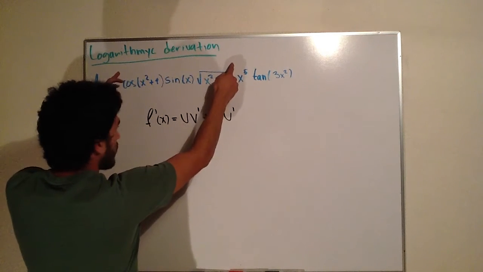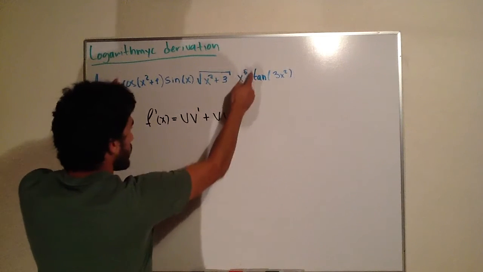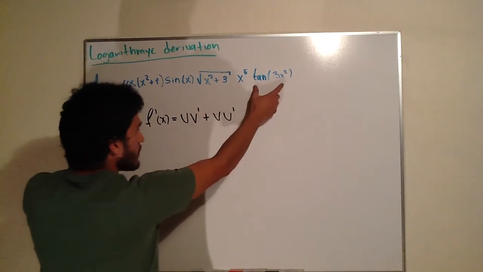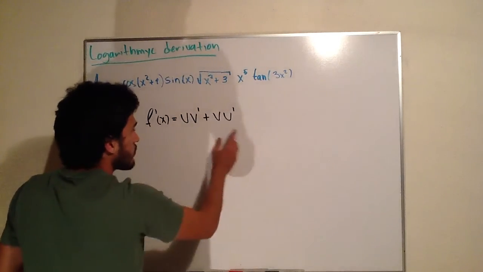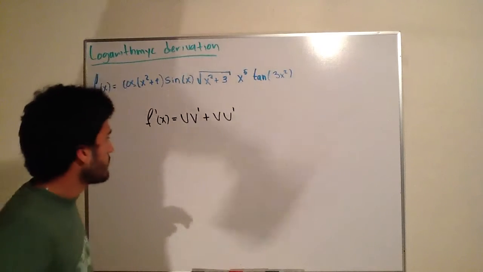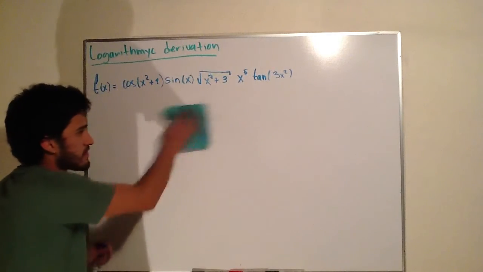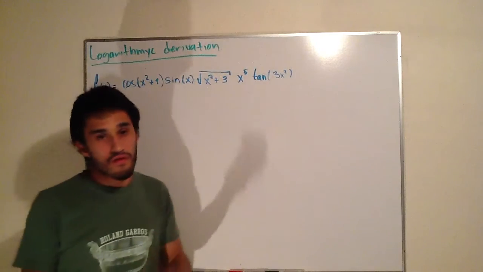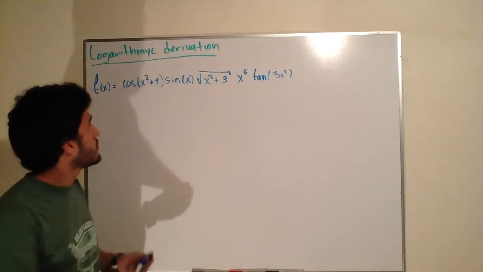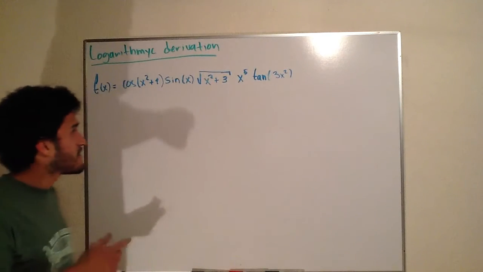Then going on and on, this result will be u, this factor will be v, this whole result will be u, and then at last, this factor will be v. So if we do it this way, it will be a very large process, and believe me, we are going to end tomorrow. So we are going to use logarithmic derivation, that is a technique